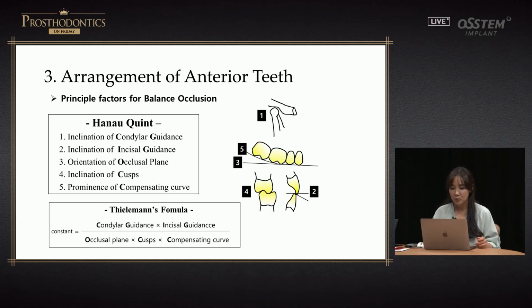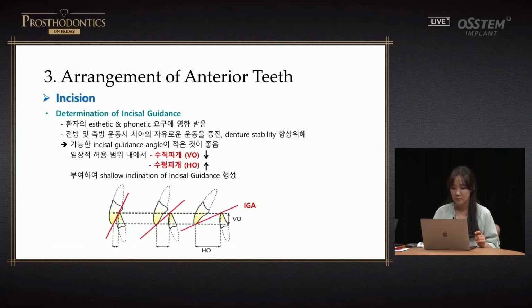So you need to understand that according to the determined incisal guidance angle, balanced occlusion can be formed based on the artificial teeth inclination of condylar guidance, cusps, and the prominence of compensating curve. You need to separate the tasks done by us and done by a lab technician, and you need to check them when patients visit. Considering the posterior region, when IGA is very big and you choose very low cusp inclination,